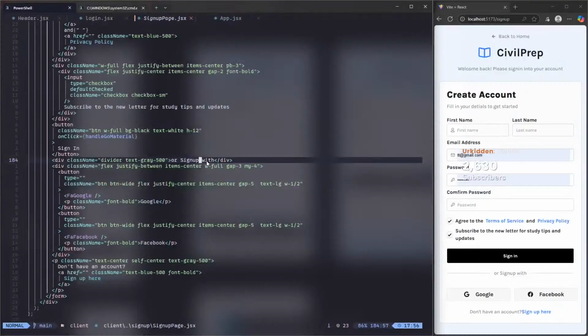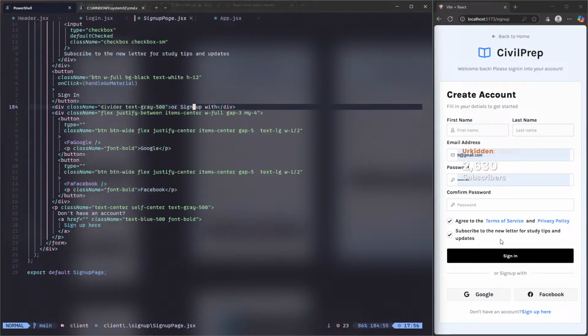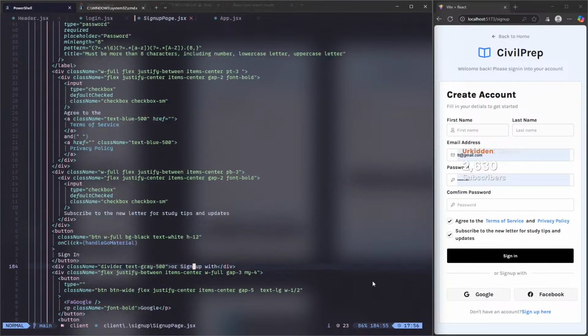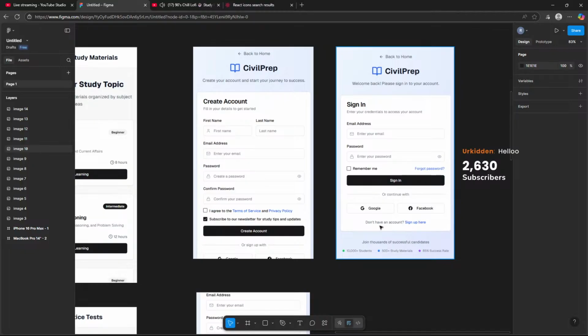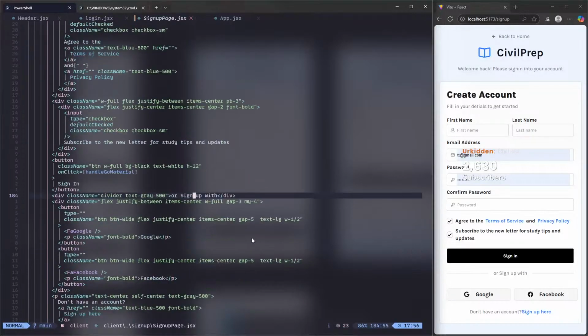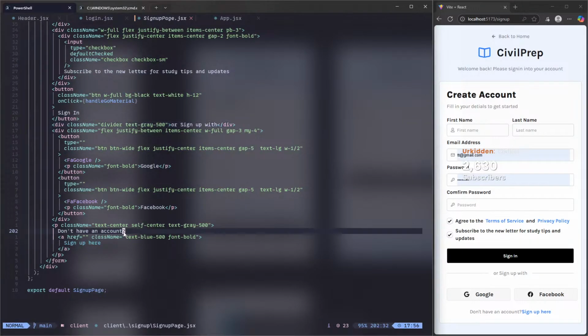Wait, okay. You can just actually do something like that. Nice. Okay, we have sign up. Then in here we just remove this and add already have an account, so we can just do something like